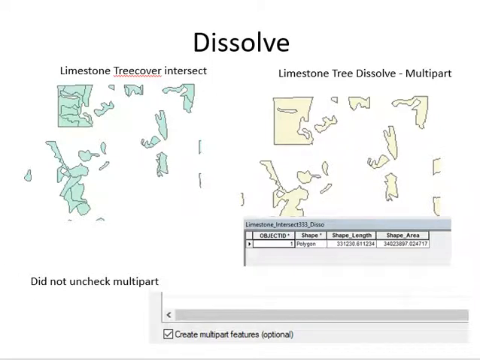So you can do a dissolve function that actually puts all of these adjacent polygons together into one polygon. So it really simplifies my data. There is a trick with dissolve. At the bottom of the dissolve